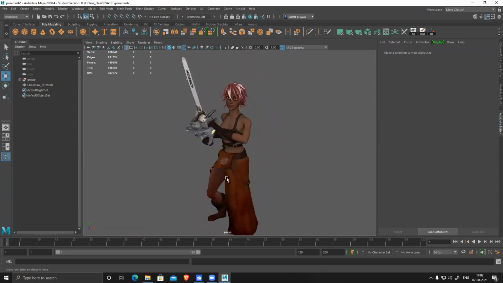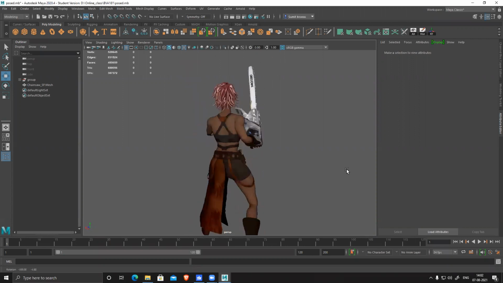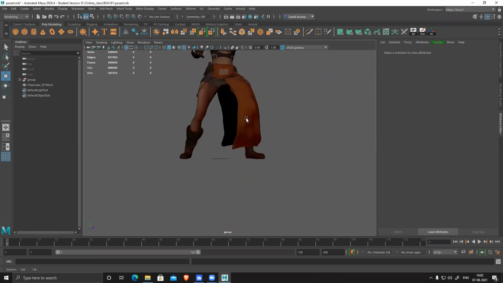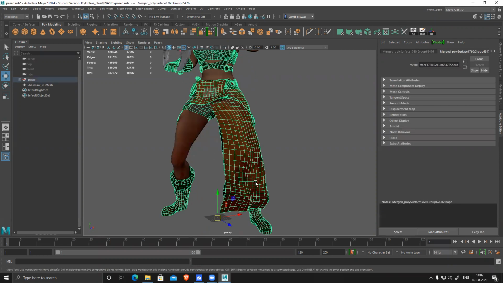So, like I downloaded the rect version of this model from Mixamo, and then used that to pose it. For this cloth, I was planning to add some alpha.